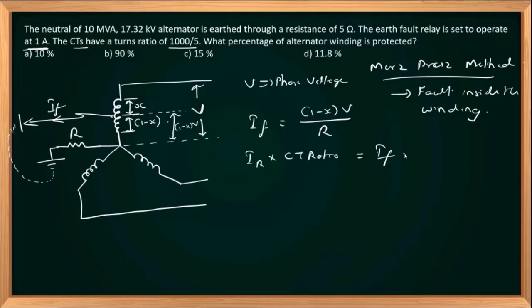Right. So in the given problem, the relay current is 1 into the CT ratio 1000/5, which is equal to IF. IF can be represented as 1 minus X